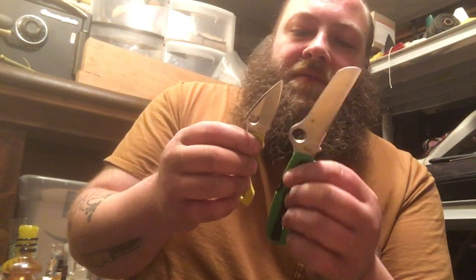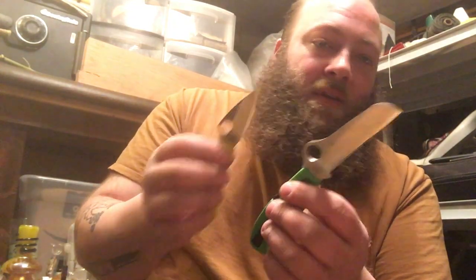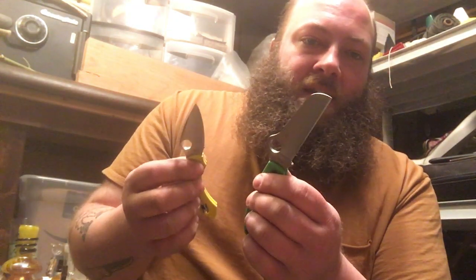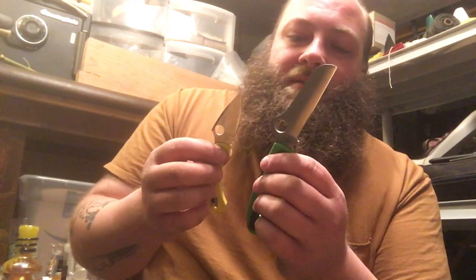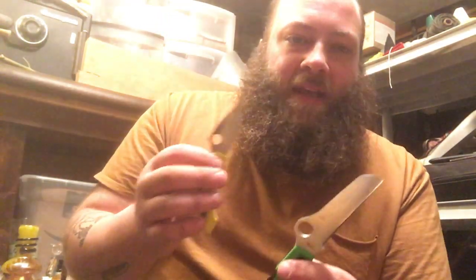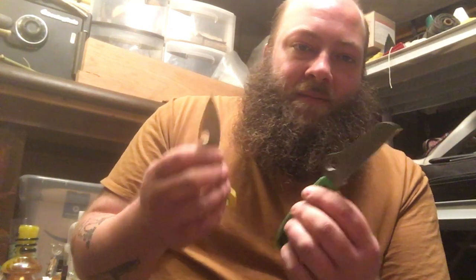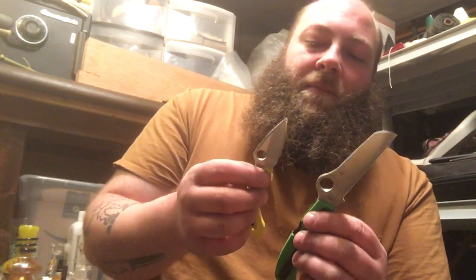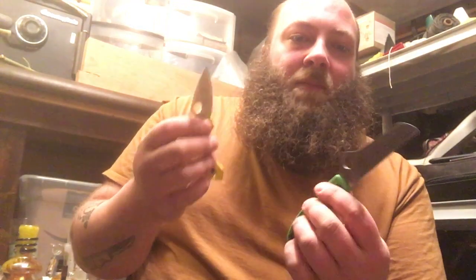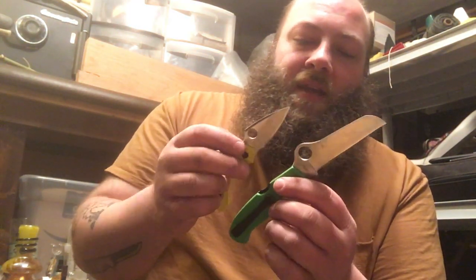But the big main difference with them that I've found is more edge retention. So the LC200N will definitely hold its edge a good amount longer than the H1 will. But with both you're getting insane stainlessness. And the only thing I should have added a minute ago is that this one is less likely to rust, but neither one of them really should rust. If you look up the makeup on them, the alloys used to make this steel, what they are,